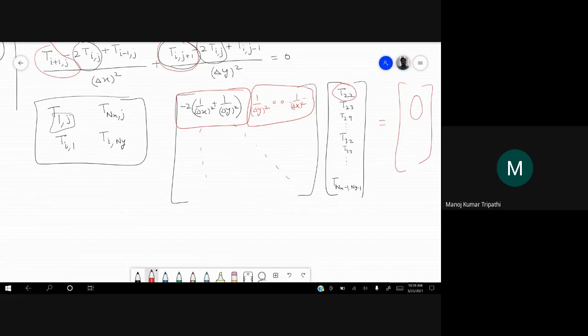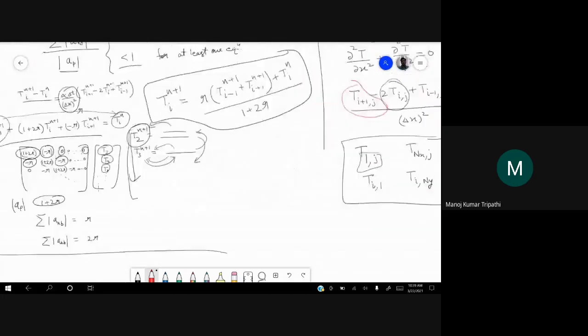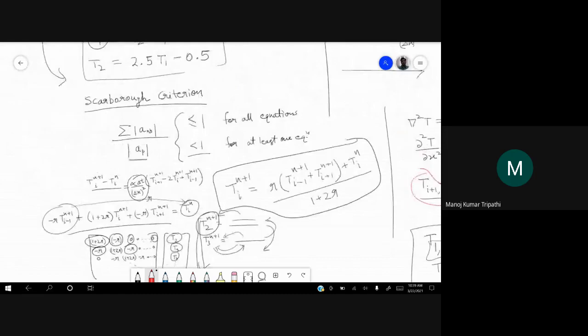Okay. There were two conditions that you can see here. If you take this coefficient to the right hand side, it says that the sum of all the other coefficients should be less than or equal to the coefficient of the current variable, and for at least one equation it should be strictly less than that coefficient.